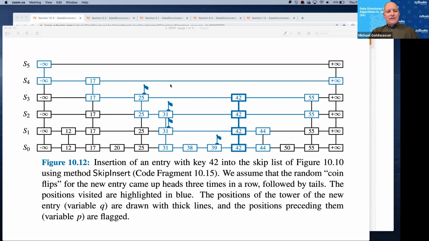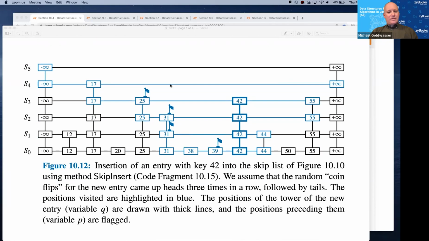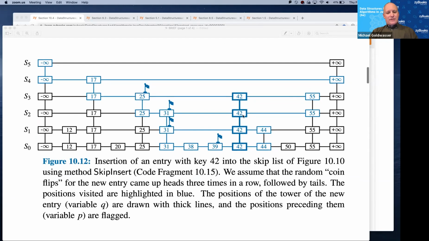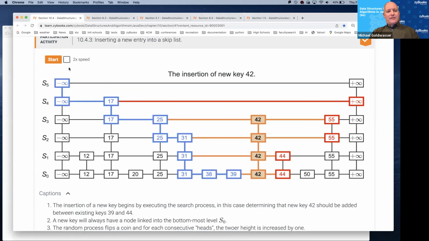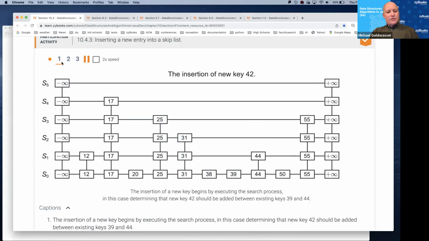As a side-by-side, here is a page from one of our original figures. And this happens to be skip list. We're showing an insertion of a new item. So it's the search down to find where to put the new item and then building the tower up. And we do hope that in the static version of this in print that students could follow along and understand what was going on. But as we bring this into the Xi platform, we really do get to animate it,